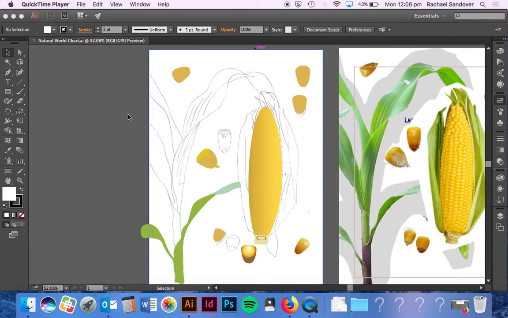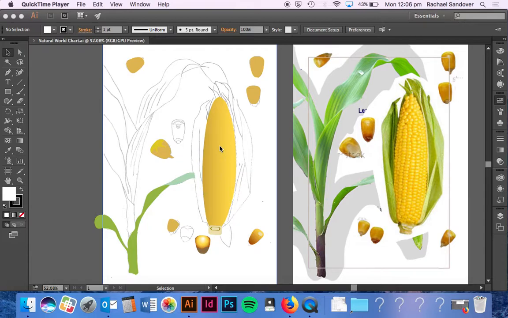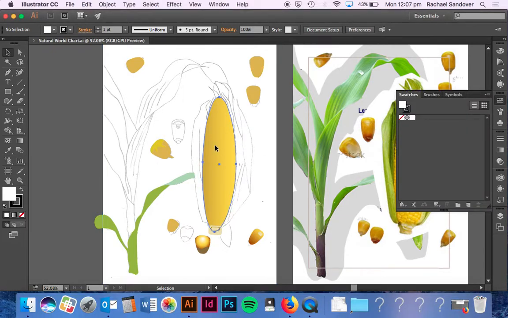Just to remind you of exactly all the things that you can do. When you look at your poster designs, you might find some parts that you can do as a pattern. It might be that the whole poster becomes a pattern with the different objects that you use, or perhaps you want to put a pattern within an actual shape. So for me, with the corn, these corn kernels, I could probably create that in this shape here as a